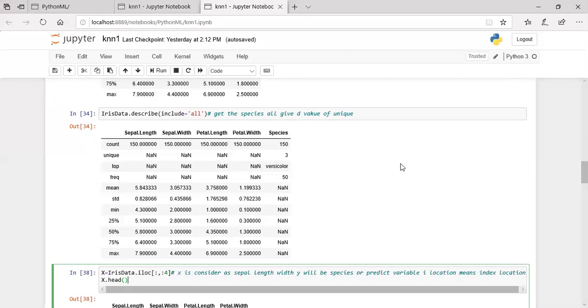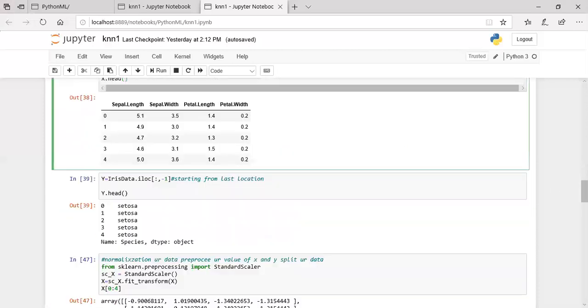In it, we require the X variable to include all of sepal length, sepal width, petal length and petal width. We provide the index location using this command, from sepal length to petal width, locations 0 to 4.